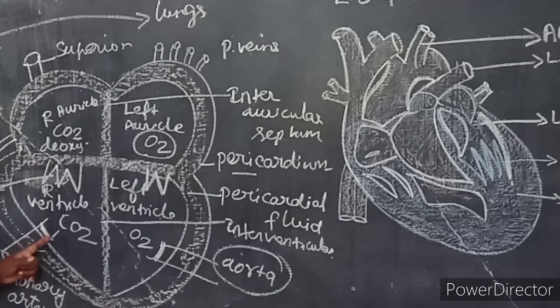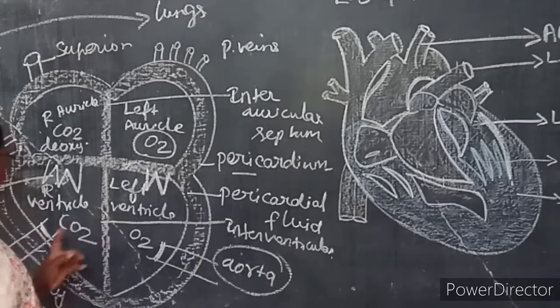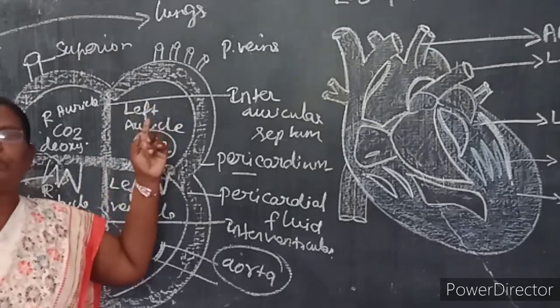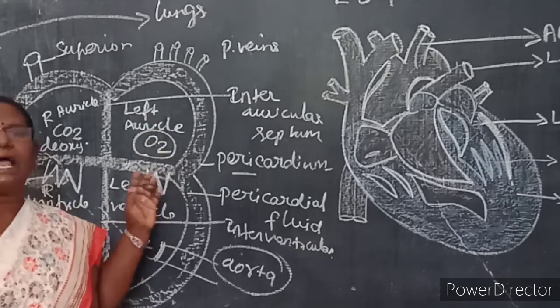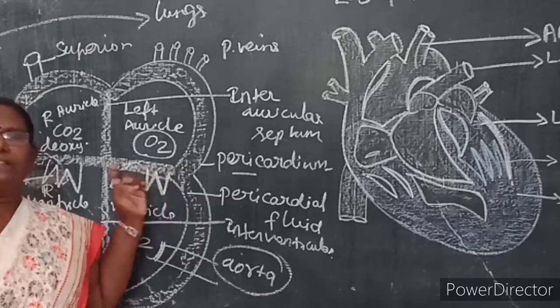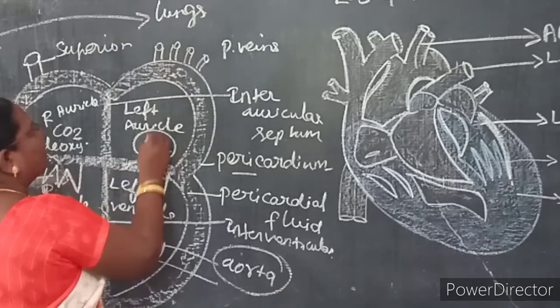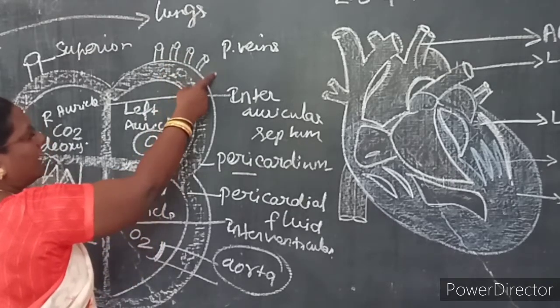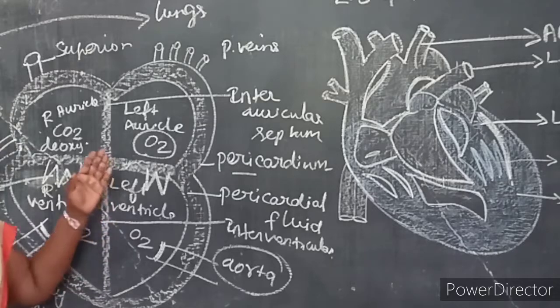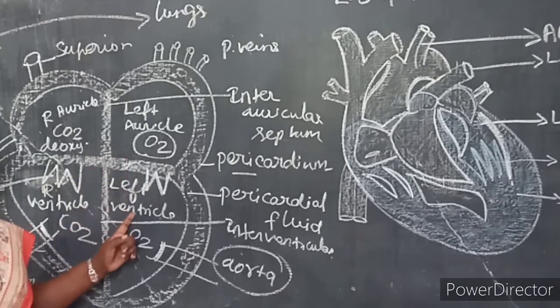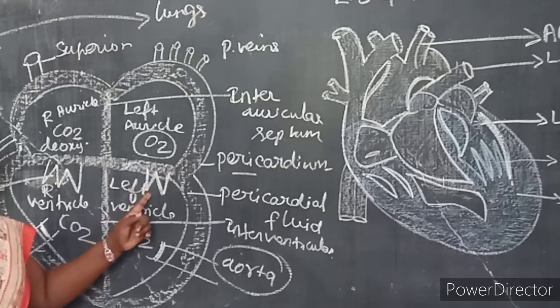The right auricle now is filled with what type of blood? Deoxygenated blood. From the right ventricle, what arises? The pulmonary artery. The arteries always carry what type of blood? Oxygenated blood except the pulmonary artery. So this pulmonary artery carries the deoxygenated blood to the lungs for purification. In the alveoli of the lungs, the exchange of gases takes place and the blood is purified, and then this oxygenated blood is taken to the left auricle through the four pulmonary veins. Now the left auricle is filled with the oxygenated blood. The left auricle opens to the left ventricle through the bicuspid or the mitral valve.